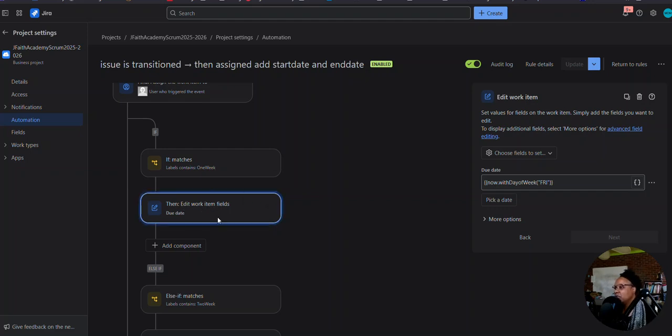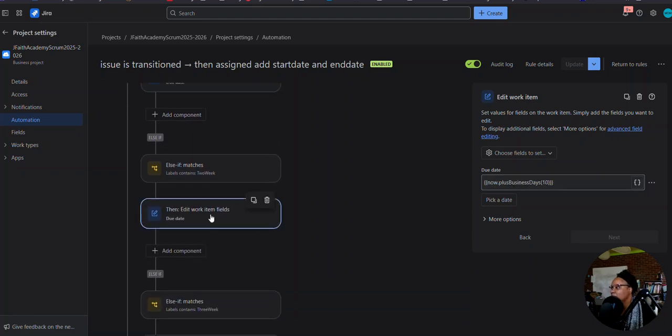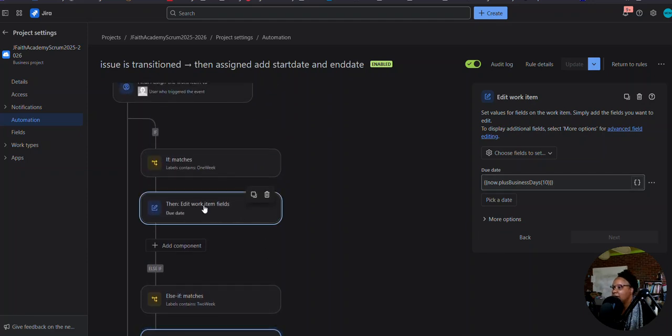So I changed this action here, edit the work item. Let me go here and we're going to show you this one here. Plus business days 5 is what we had. I changed it to with day of week Friday. Okay, so whatever that date is, I'm expecting them to put that Friday for that particular week. So if they move it that Monday, they move it that Friday or that Saturday,